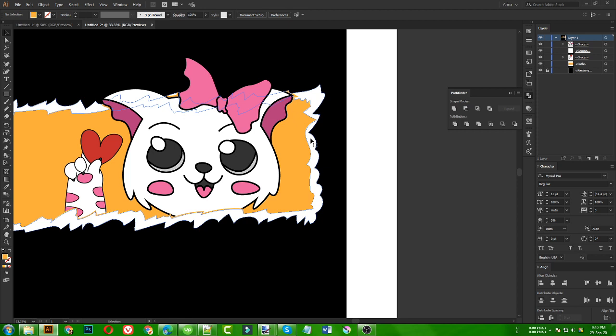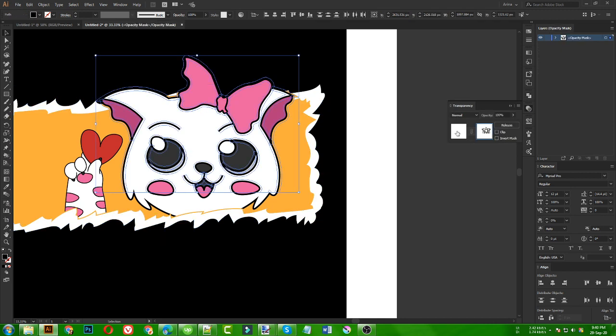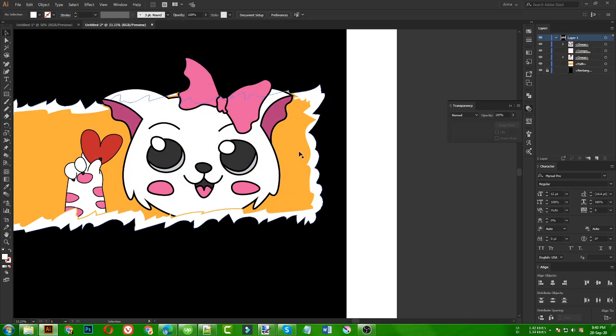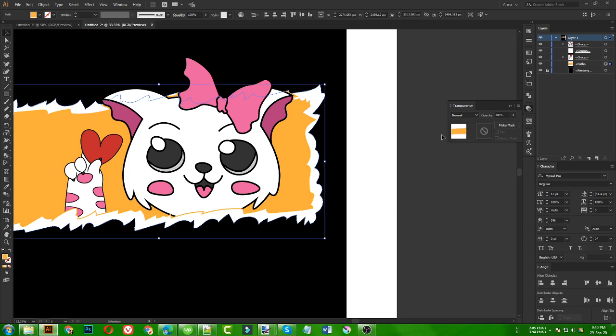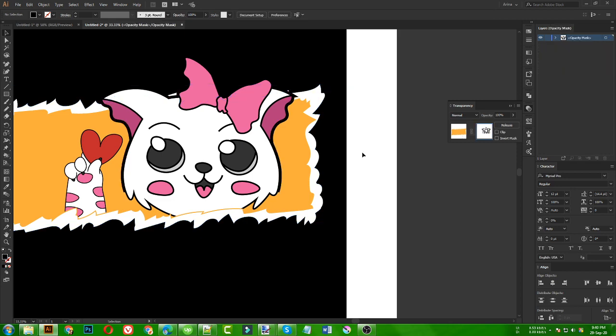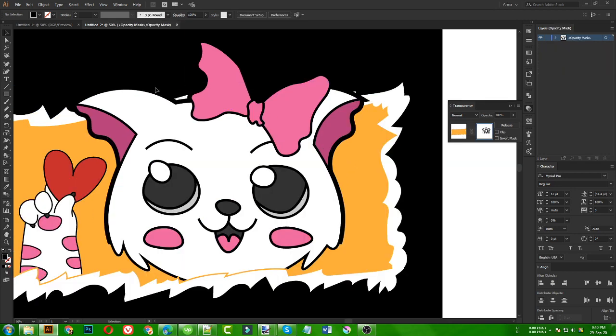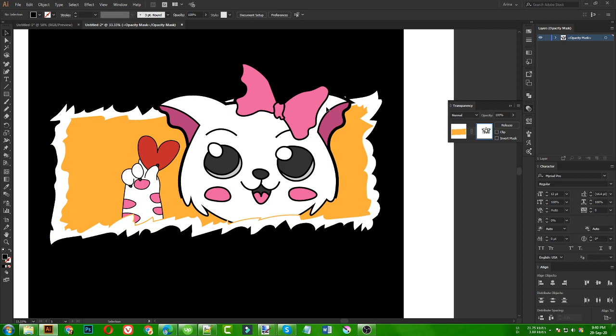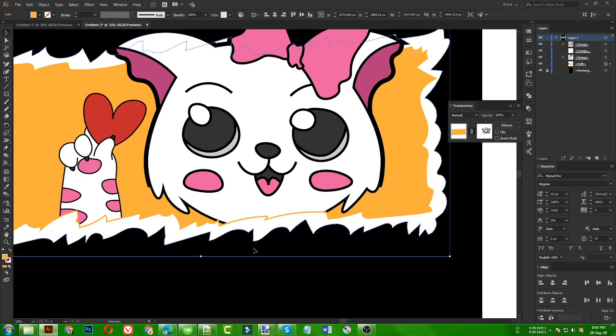So I am going to select this white shape here. If I go to the transparency, I will get that cat head vector inside this area. I am going to copy that. Now again I need to select this yellow layer, open the transparency, paste in front. So that part is now pasted in yellow layer 2, and as you can see, this is looking really good. So for this area here also I need to fix this.